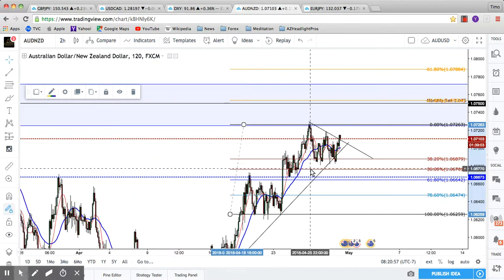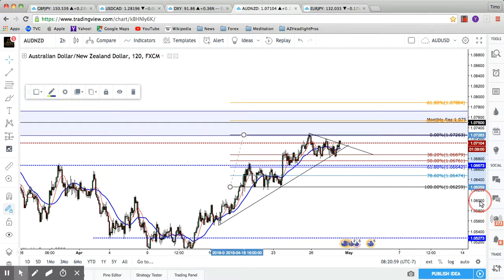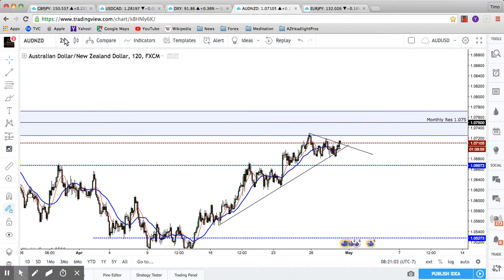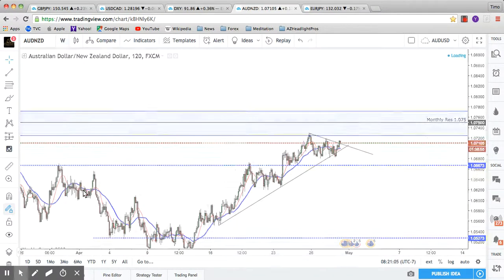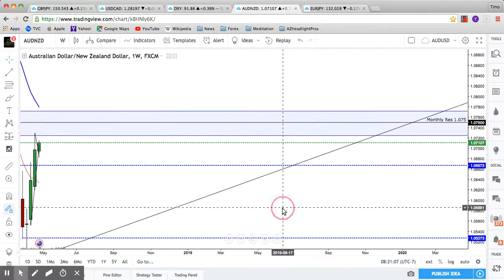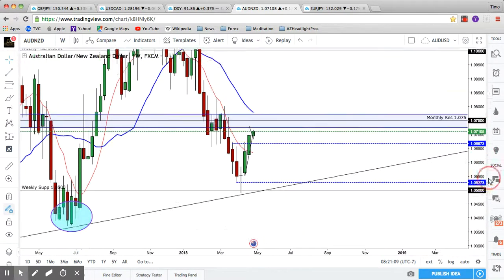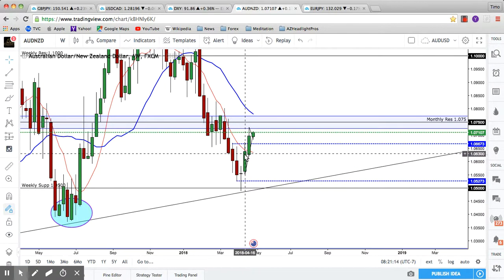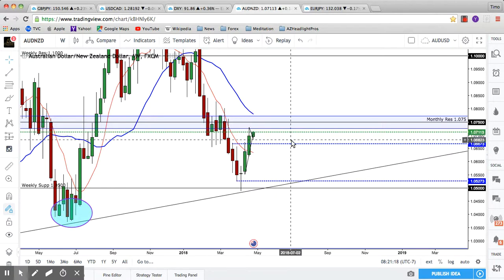Let's go back to Aussie versus the New Zealand dollar, as I've kept you guys updated for the last 3 weeks on this pair. So on the weekly time frame, we're still looking good for longs. Okay, we called longs right here at 1.0500. We have our confirmation candle from 2 weeks ago, followed by another bullish week last week. Okay, now